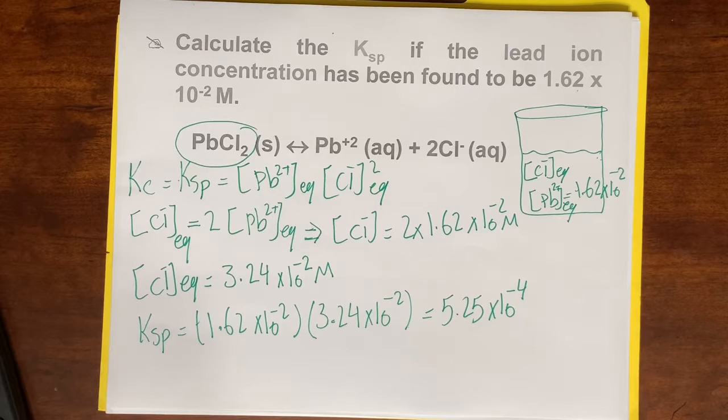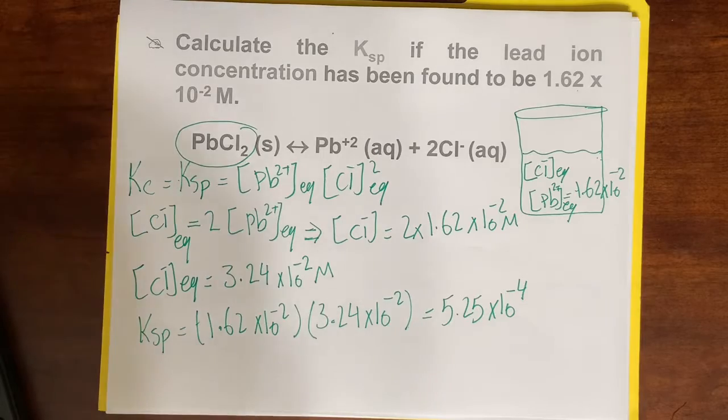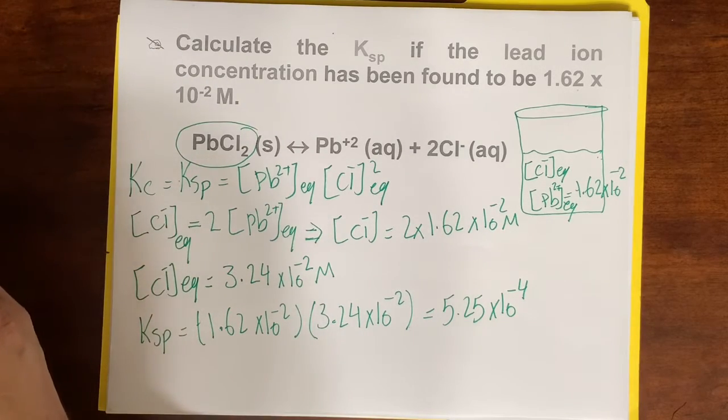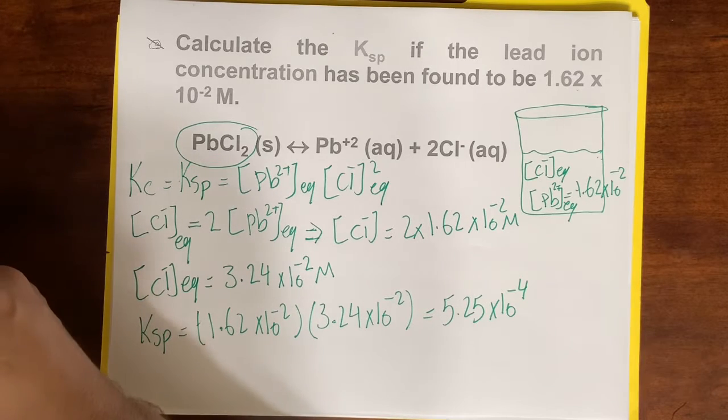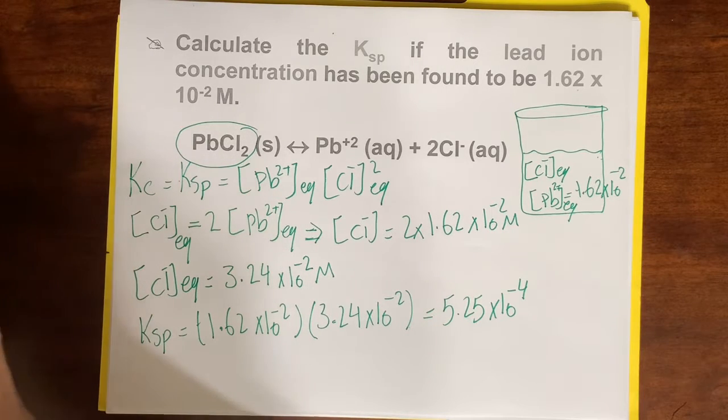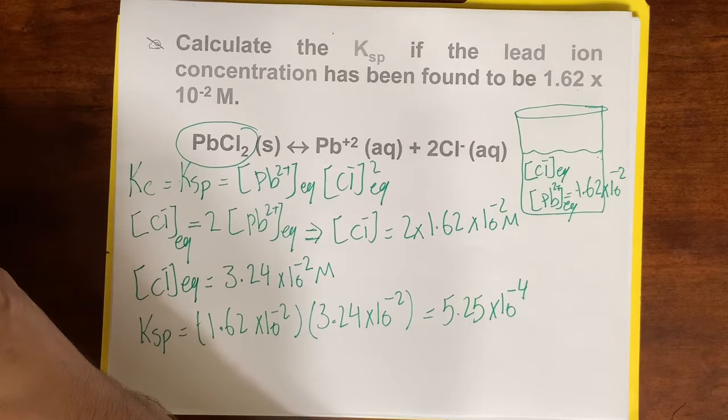Let me just double check one thing. I want to be sure that I got this calculation correct. So we have 1.62 to the power of minus 2 multiplied by 3.24 to the power of minus 2, and that's going to be